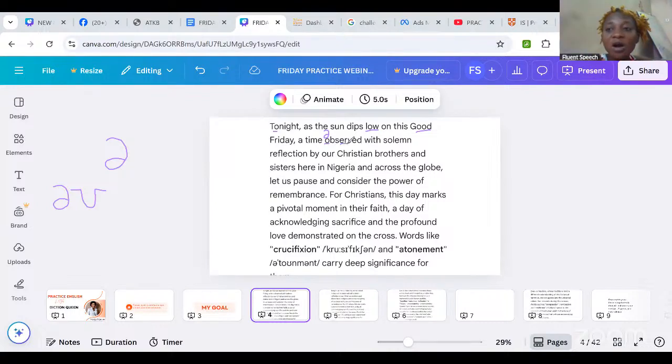The vowel is a long one because when you have the letter R after a vowel, the vowel will make a longer sound. Observed with. So it's not "observed", it is "observed". Let's take it again from the beginning. Tonight, as the sun dips low on this Good Friday, a time observed with solemn,